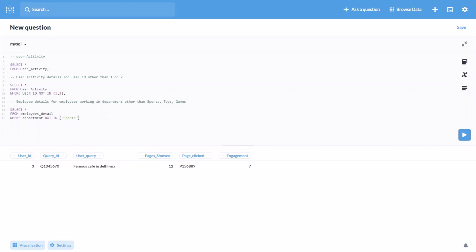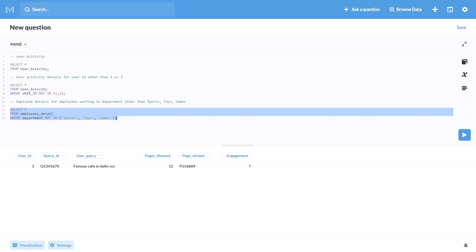If you guys remember, we had 27 distinct departments, right? 27 unique departments we had in this data set. And out of that, we want details of all the employees working in other departments apart from sports, toys, and games. So what we have written is select star from employees detail where department not in sports, toys, games. Let's execute,